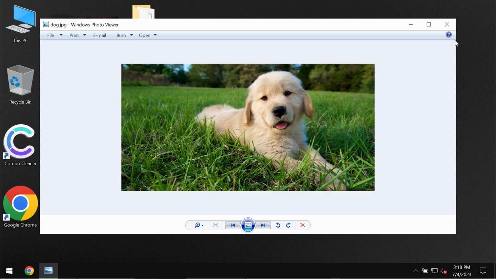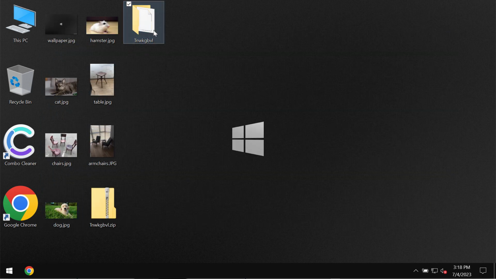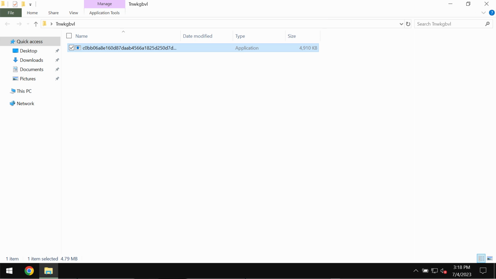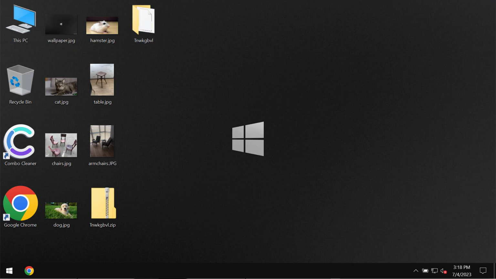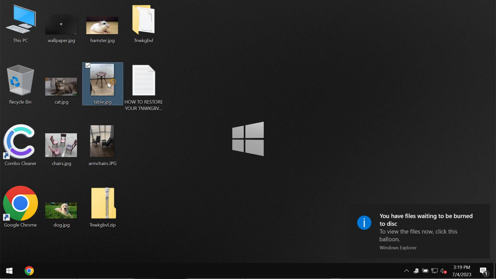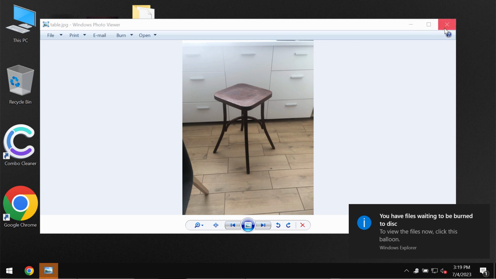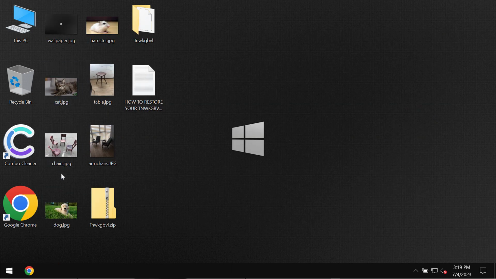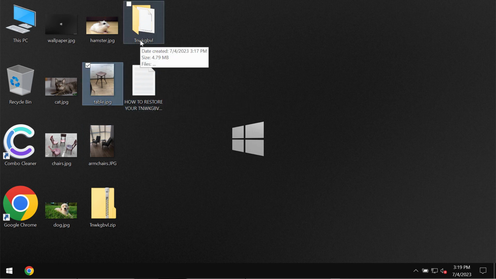Before the ransomware attack, you're able to open your files without any complications. But sadly, because of certain leaks and vulnerabilities, this particular ransomware called Tnwkgbvl may be easily injected into the system. And very soon users see the negative results of the ransomware attack. Right now we are still able to open our files, but very soon it may happen that the files are no longer accessible because of this horrible ransomware titled like that,